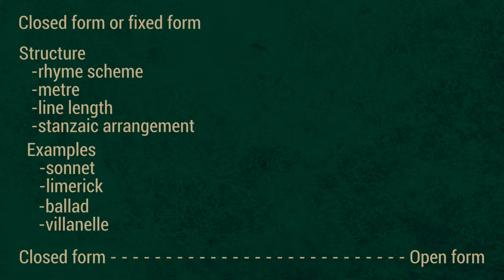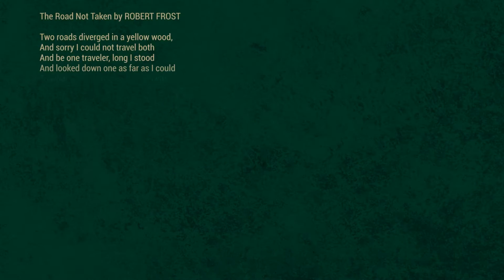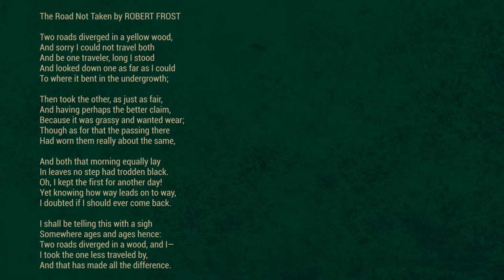On the other end, the open form, they don't really have structure, but there's a lot of poems that fall in between these two extremes. As you move out of the fixed forms down the continuum, things loosen up a bit. Poets, rather than being governed by tradition, get to choose the structure of their poems, the rhyme schemes, the line length, and the rhythm. But once they choose them, they usually live within those limits. This famous but often misread poem by Robert Frost is an example.